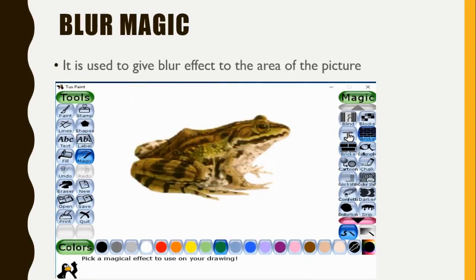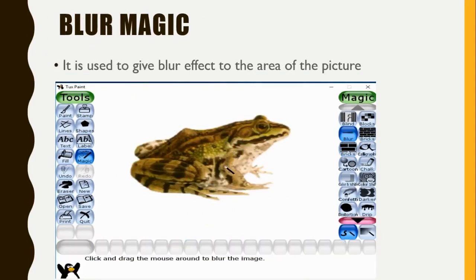Okay, now next is blur. Now you want to give the image a blur effect. Look, this is a frog, I have blurred it. Okay, now you will see the original also. Let me show you the original along with it, how it looks. Okay, the changes you will come to know by that. Okay, what is the change?